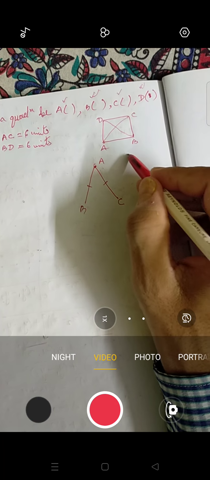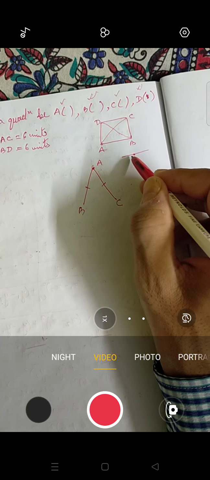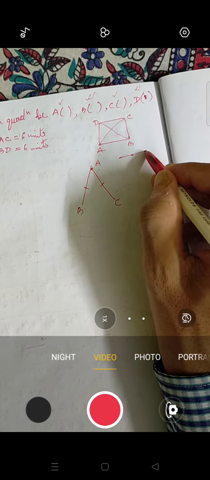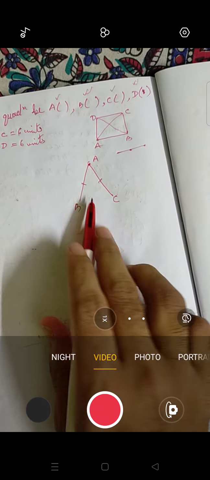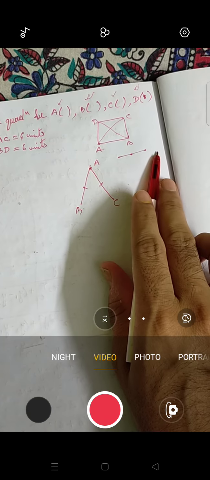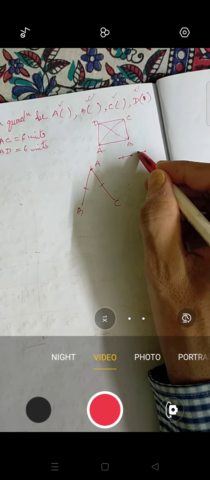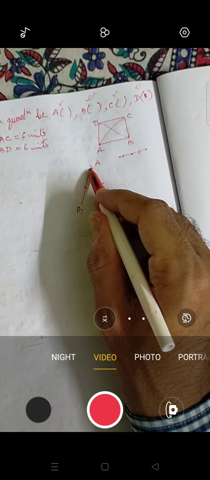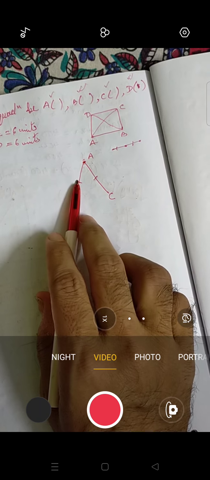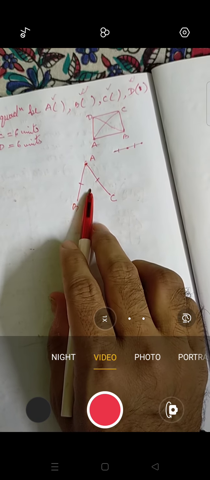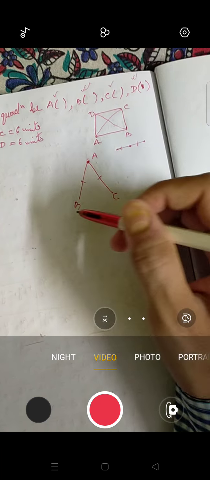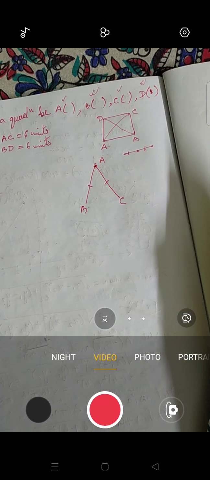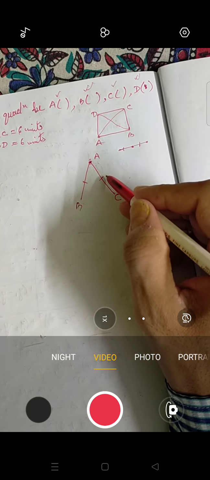We will not take it in a straight line, because equidistance can be this way also, okay? That means this and this can be equal. But in the question it is not said that this is the midpoint. If it is a midpoint, then also this equals this, right? Are you getting my point or not? So you can take any diagram, your choice, but the correct form will be this one.